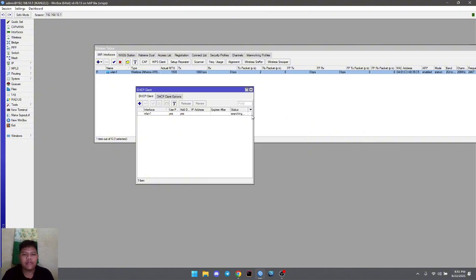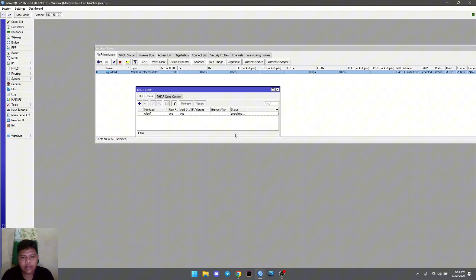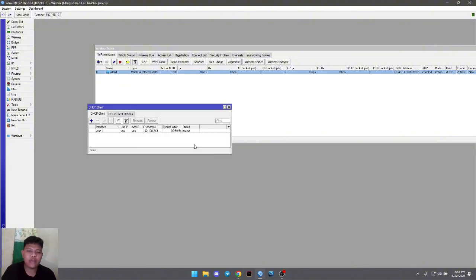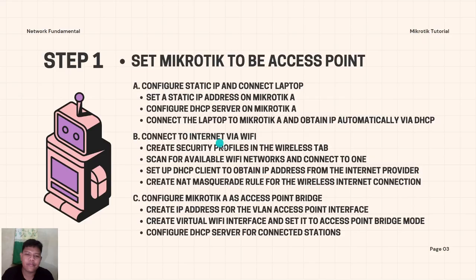Okay, and then searching. You can wait for a minute and then we get bound on the HTTP client one. The meaning is we are connected to the hotspot.